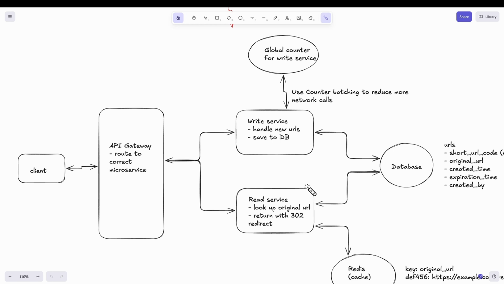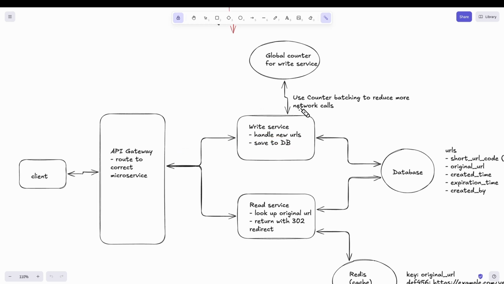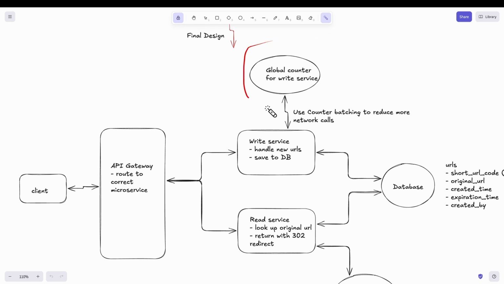If it's a get endpoint, redirect that request to the read service, and if it's a post endpoint, route that request to the write service. And this write service now should communicate to our global counter, which is the Redis, which maintains the counter of the unique number of URLs